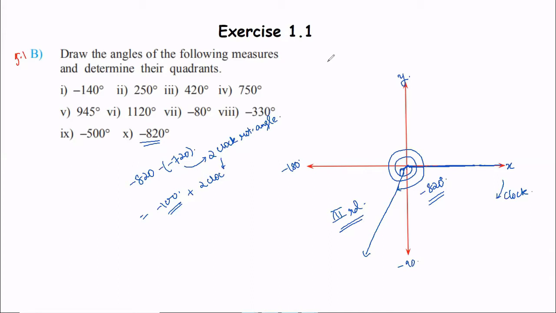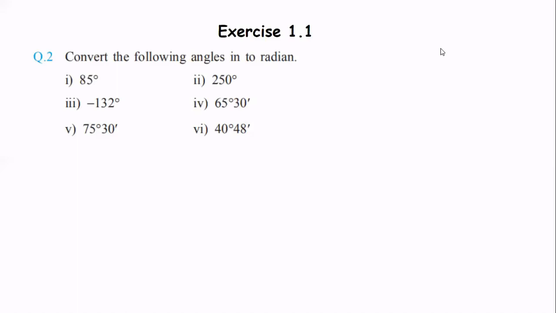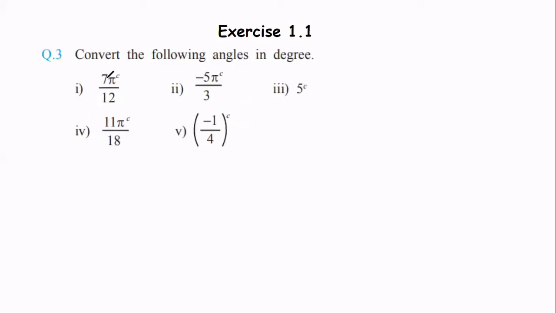Now we will move to the next question, that is question 2a. Okay. So now let's begin with question number 2. In question number 2, we will be converting the angles given in terms of degrees or degrees and minutes to radians. Okay. So the question is to convert the following angles from degrees to radians. That is question 2. So considering the first question, just a minute.